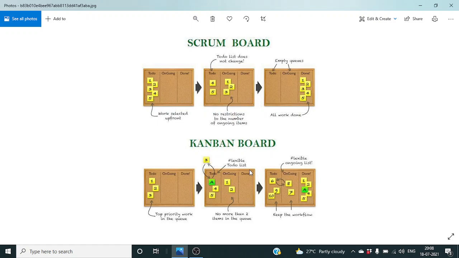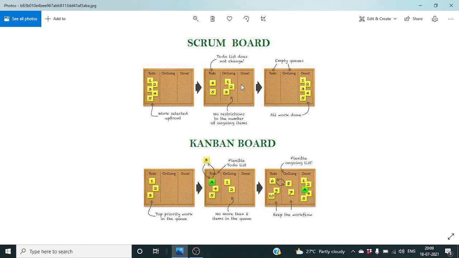The sprint backlog can be visualized in a simple three columns: to do, ongoing, done, as shown here. If you see here, the work items in the Scrum board are selected upfront by the sprint planning, and there are no restrictions put in place in the ongoing. The restriction meaning here is there is no WIP limit set in the ongoing items, and the to do and ongoing lists are not flexible, because the items selected in the to do cannot be moved to the product backlog during the sprint execution. Similarly, the items in the ongoing will not be moved to the to do column during the sprint execution.